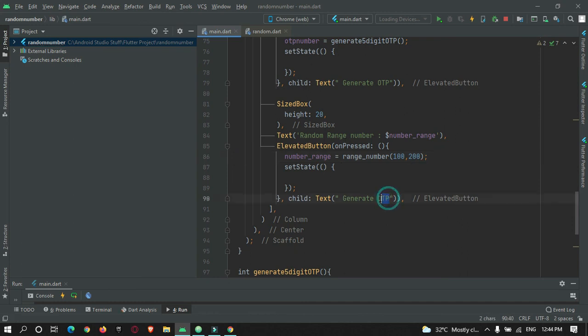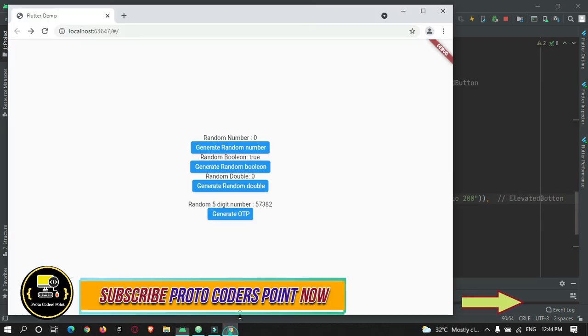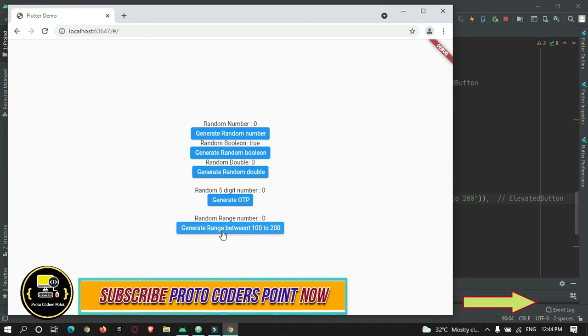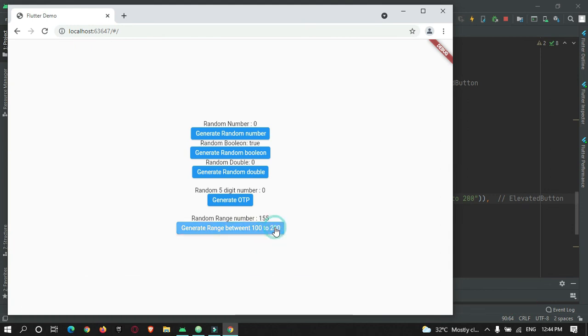So let's restart our app now. Restarted. Okay, so generate range between 100 to 200. You can see it will always be in between them.